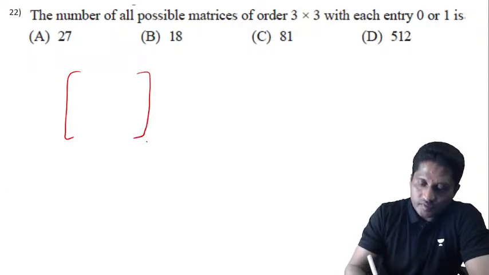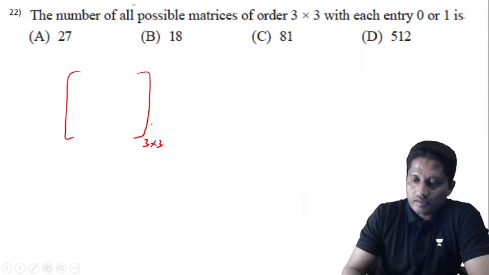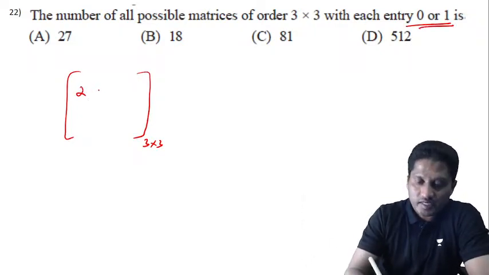A 3 by 3 matrix will have 3 rows and 3 columns. The first place can be filled in 2 ways because I should use either 0 or 1. The second place is also 2, the third place is also 2. Like this you will get 2 into 2 into 2